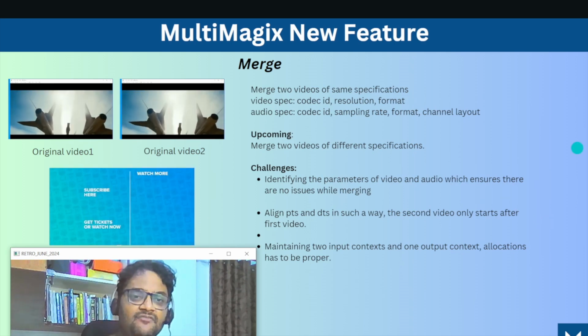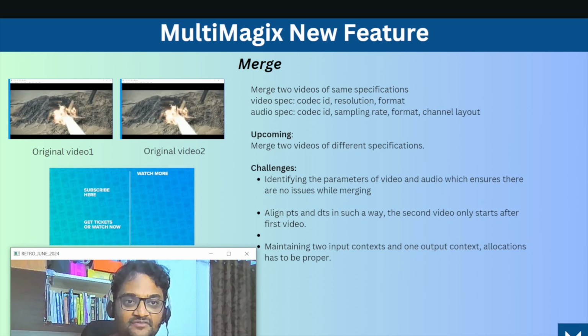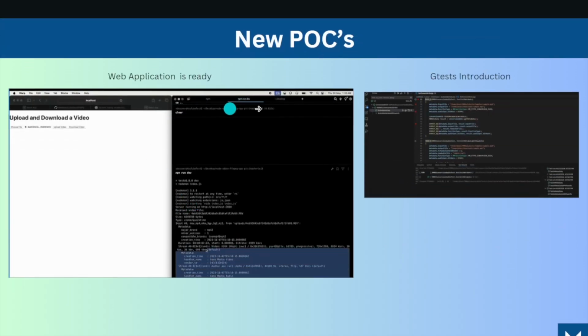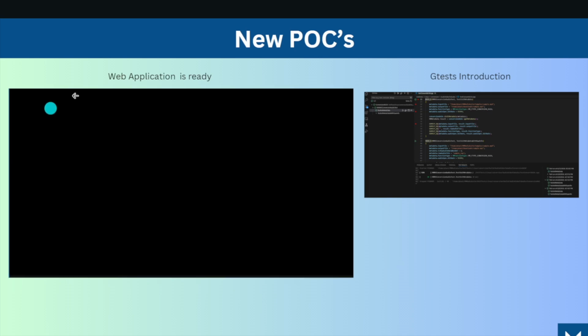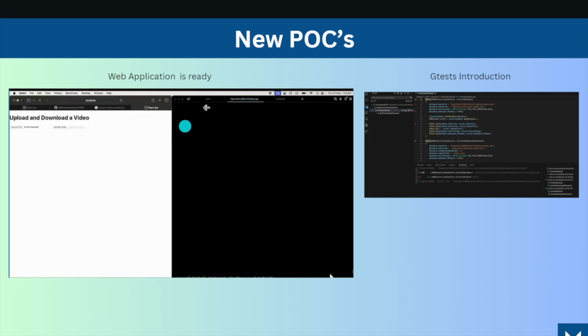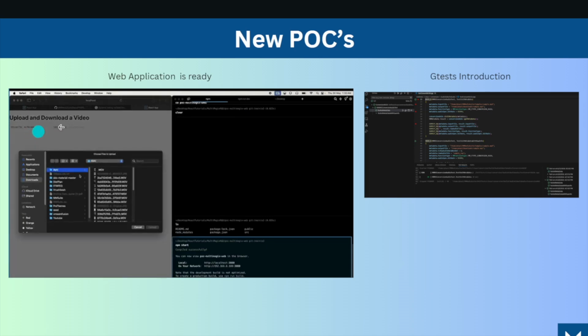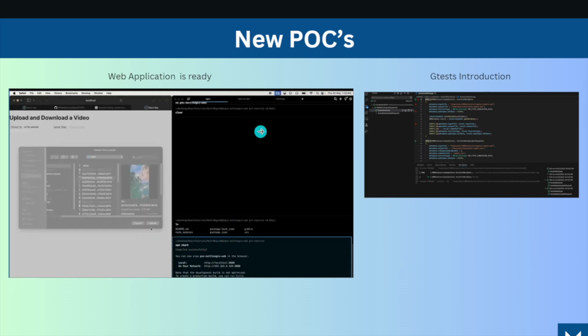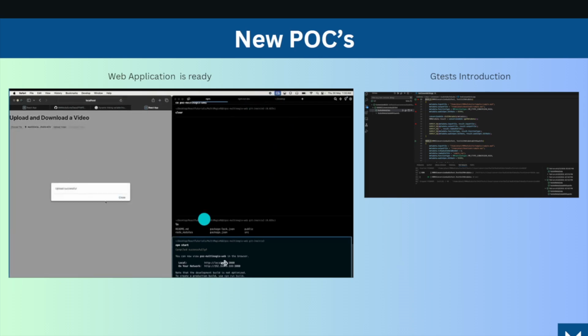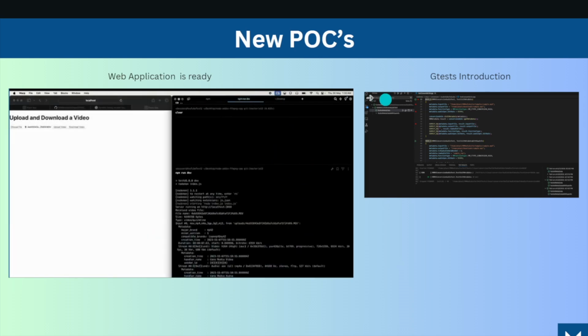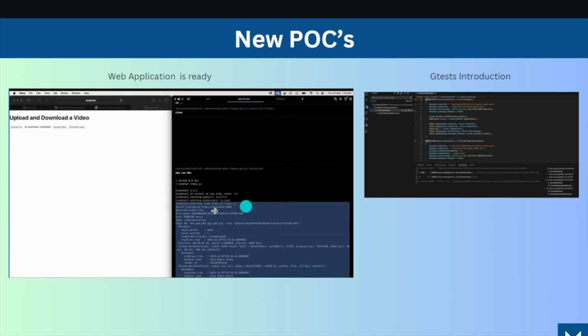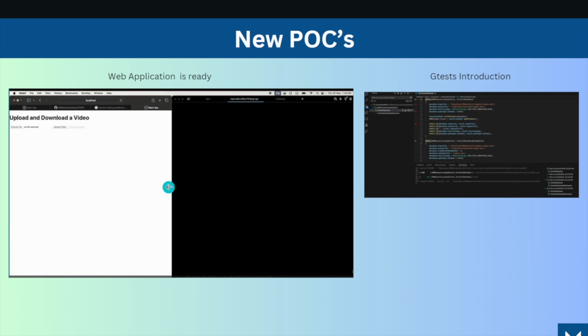Apart from these features, what is happening from the infrastructure point of view? We started new POCs. This is a very good stepping stone in our MultiMagix, because the web application POC is ready now. Here is our localhost, and this is our backend server. We upload the file, the file gets transferred to the server, our application runs on the server, and we print the metadata. Good. We will keep improving this web application,